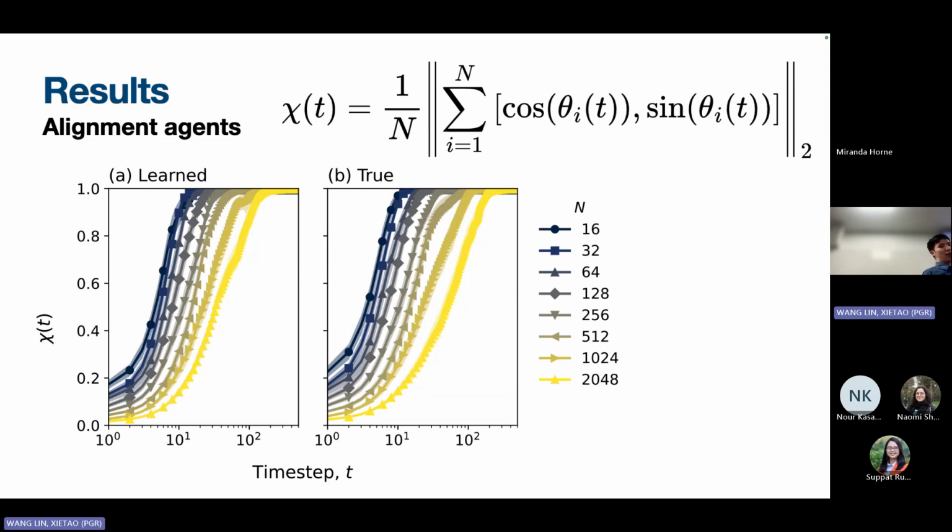And now our machine learning model manages to replicate this slowdown, even though it has again never seen this number of particles before. So the cutoff is around there. So that's good news. We're confident now that it's learning something more than just memorizing rules at the low end behavior.